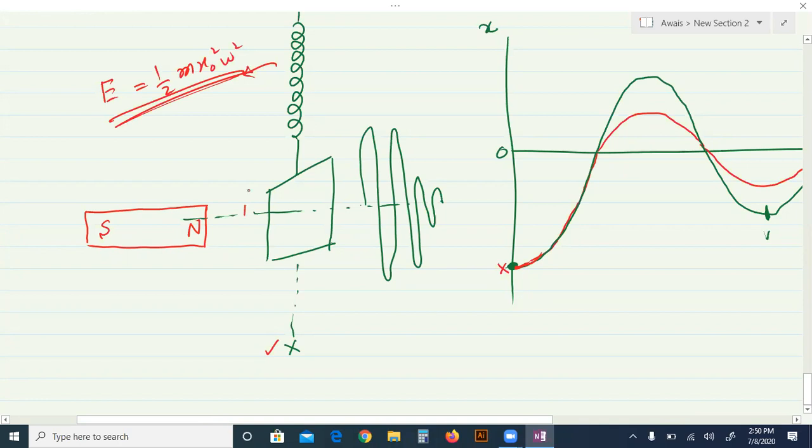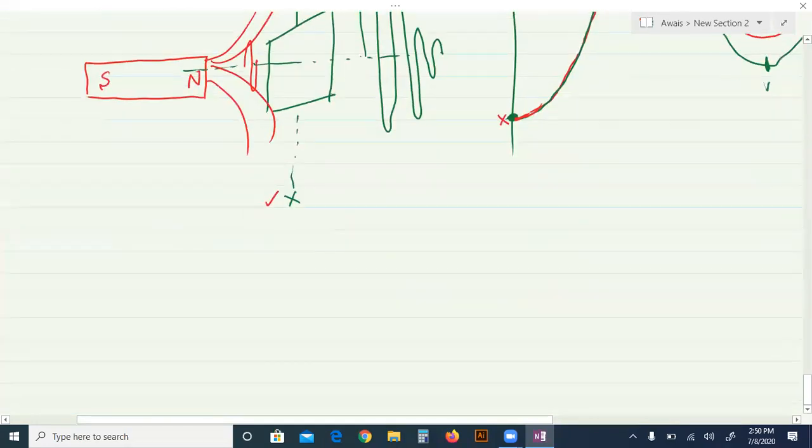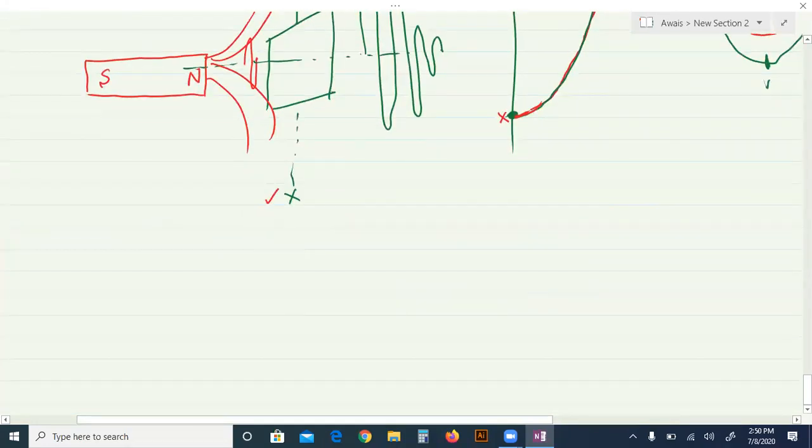When this plate oscillates up and down, the magnetic field of the magnet is cut by the plate, and according to your O-level concept, when a wire, a coil, or a conductor cuts a varying magnetic field, EMF is induced in it according to Faraday's law, which is called electromagnetic induction. So we will write, according to Faraday's law,